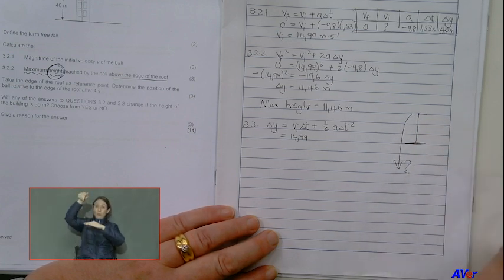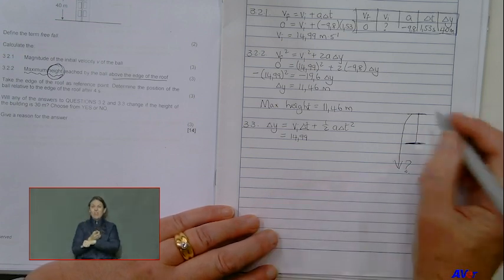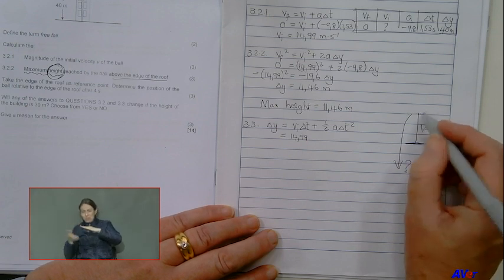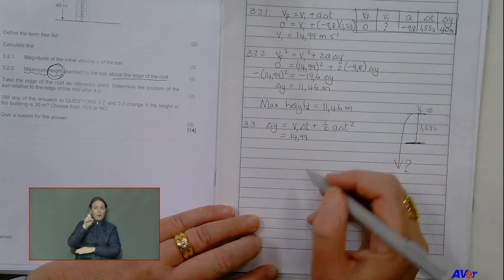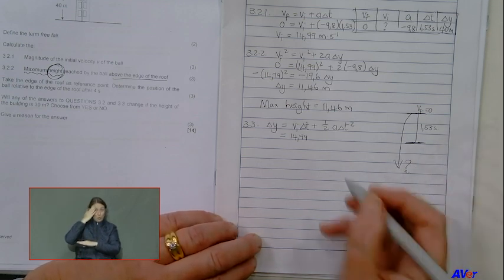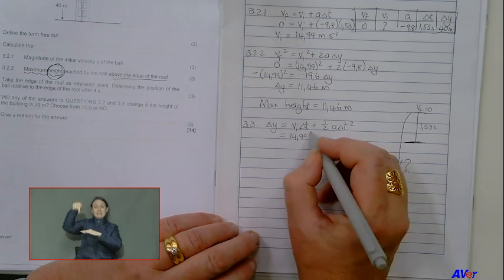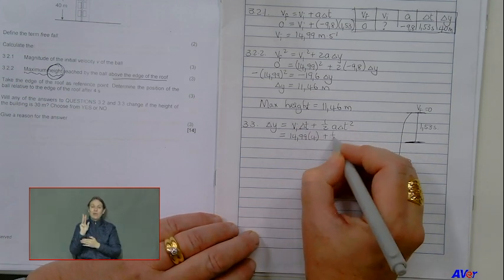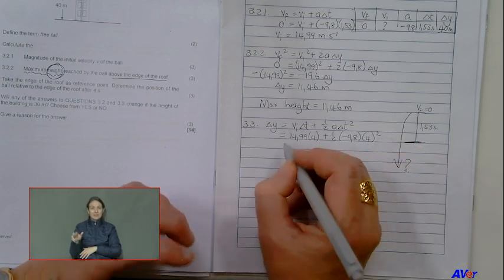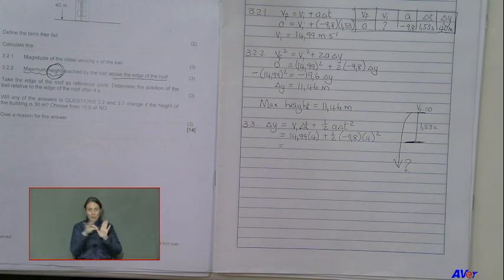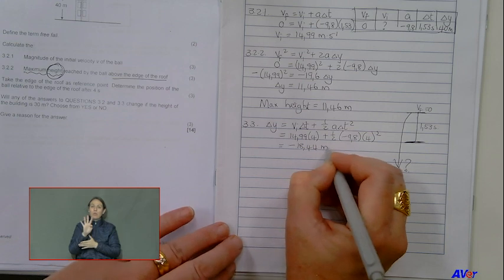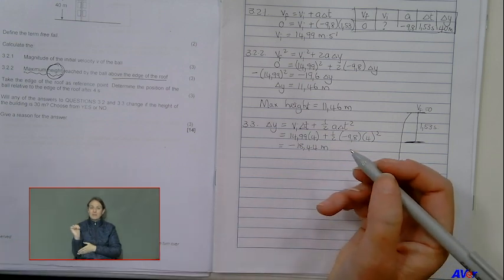So they want to know where I am now somewhere downwards, because that took 1,53 seconds to get to maximum height. So I know I'm somewhere on my way down. I don't know where, but on my way down. Okay, 14,99 times 4 plus a half minus 9,8 and 4 squared. So please make sure your directions are correct. Now I get 18,44 meters